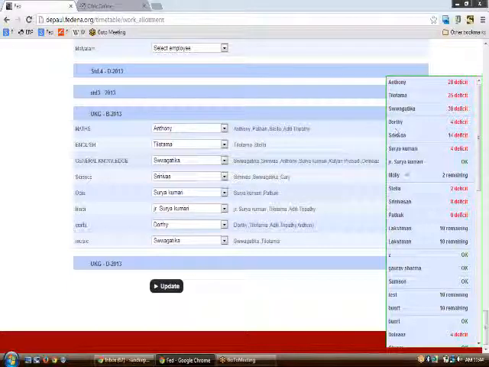Moreover, whenever a teacher crosses his limit, then against him you would see something called deficit. So this would mean that Sir Anthony is teaching 28 more classes than he's actually allowed to do. And again, when you see remaining, this would mean that Molly is supposed to do 2 more classes than she's actually doing now, as she has been allotted a particular number of classes. So this was all about the work allotment part.